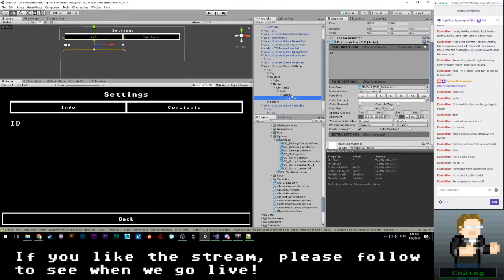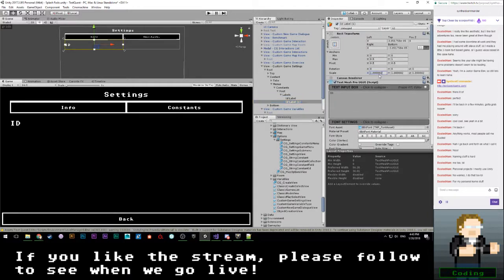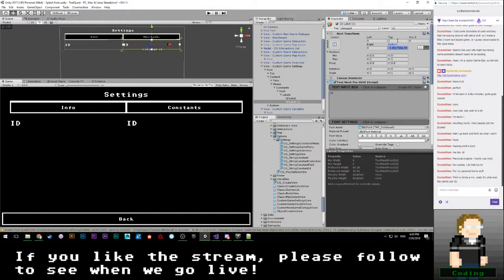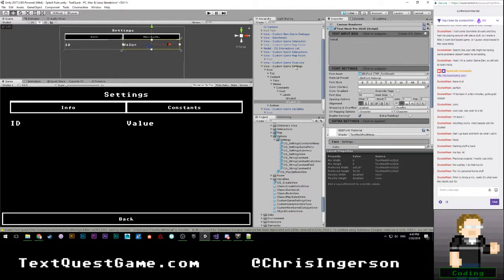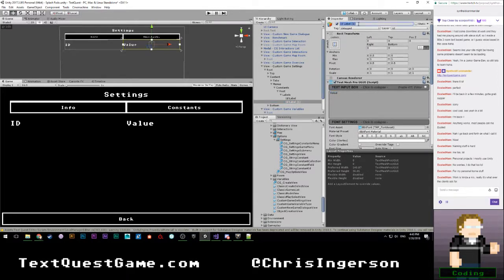And let's go ahead, duplicate you, have you stretch from 0.5 to 1. And we're going to rename you to value. Okay. We will rename the labels to value label. Okay.